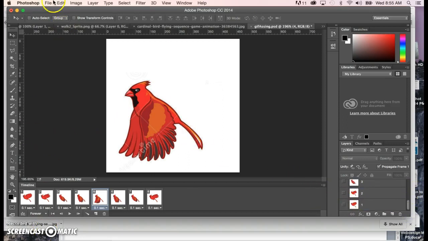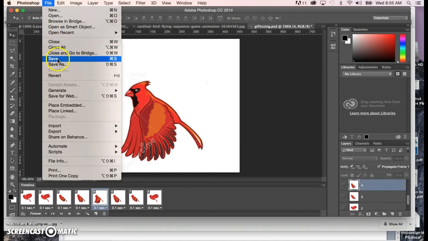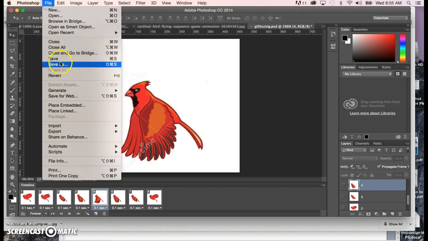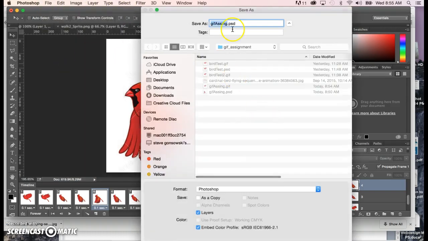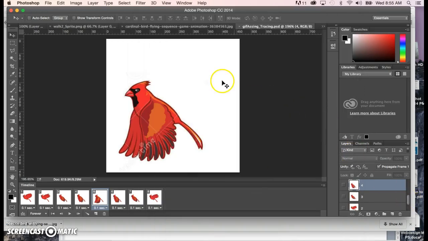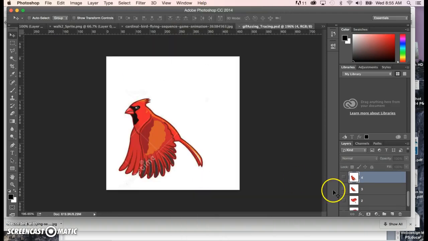And now may not be a bad time, just since we're going to be doing a lot of manipulations to this, to go up here. Notice we're still on the PSD file. Do a File, Save As, and we'll just make a backup copy of this. So I'll just put underscore and then tracing or something like that, so I know that this is the new version where I'm starting to mess around with it, because in fact we can go ahead and go up to Window, turn the timeline off, give us a little more space,